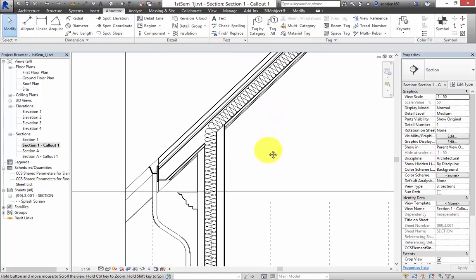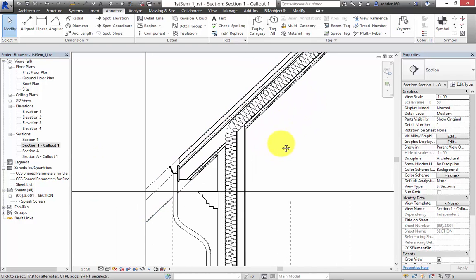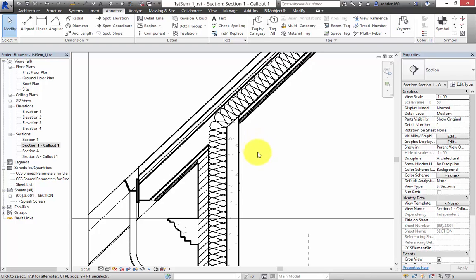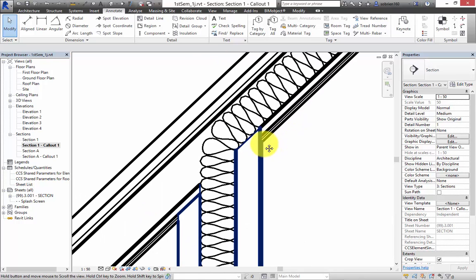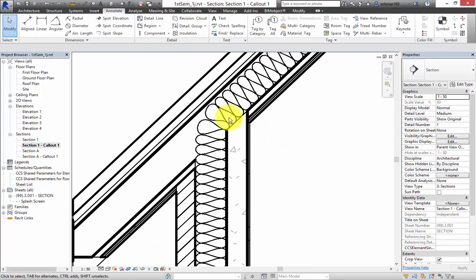So we have the insulation drawn in here, but we still have these walls that are cut according to the computer model rather than according to the logic of construction. If there's any carpenters in here, they probably wouldn't recommend that you build a roof like that sitting on top of a sloped piece of concrete, but pretty much anybody can make that judgment, I reckon. So what we need to do is place a detail over these elements here to make sure that they are